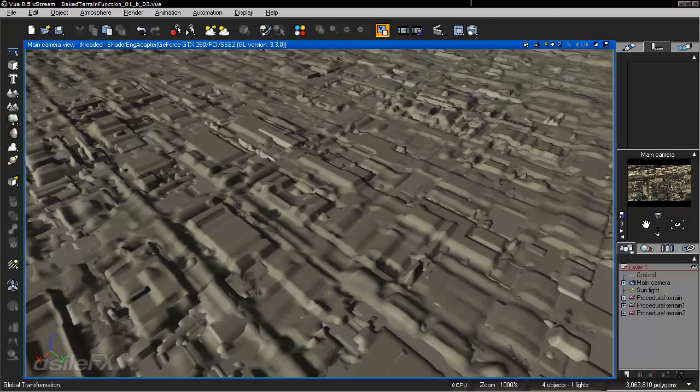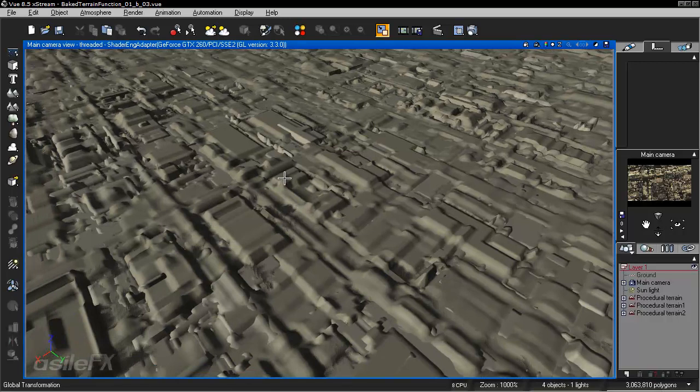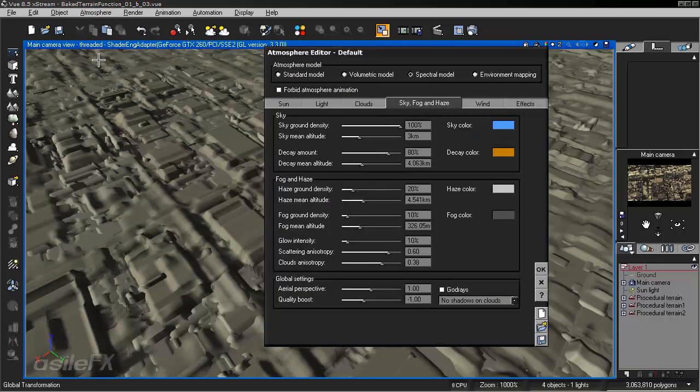I'm now going to show you some additional lighting techniques you can use to create some pretty neat effects. First thing I want to do is, because the size of our scene and what we're trying to create as a larger scene is still way too small, and I want to keep the terrains still at the size they are, in the atmosphere editor, what I'm going to end up doing is increasing the aerial perspective up to